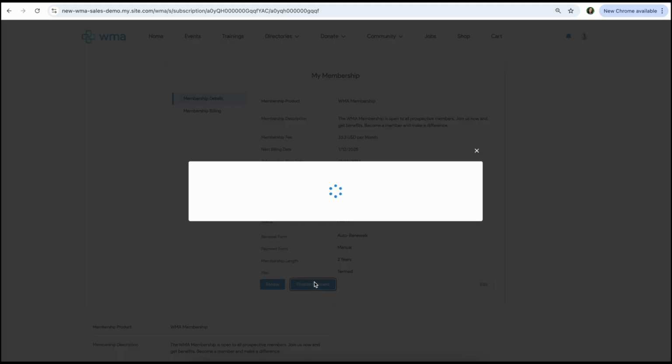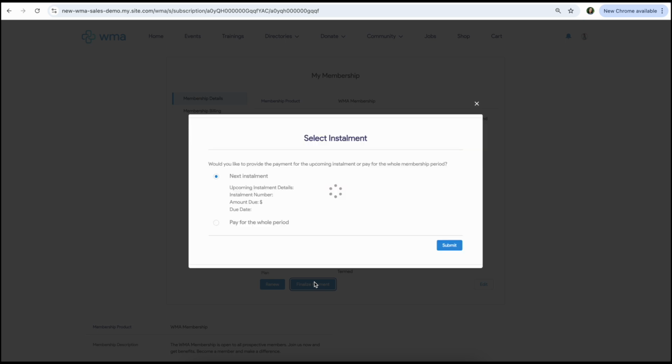Let's click the Finalized Payment button. First, users choose to pay either the next installment, which is the default option, or the entire current membership period, depending on installments remaining. The pay for the whole period option is hidden if there is only one installment left for payment. After selection, we click Submit